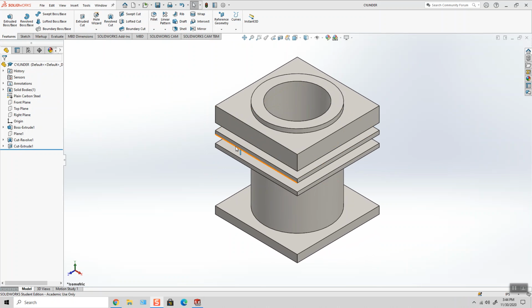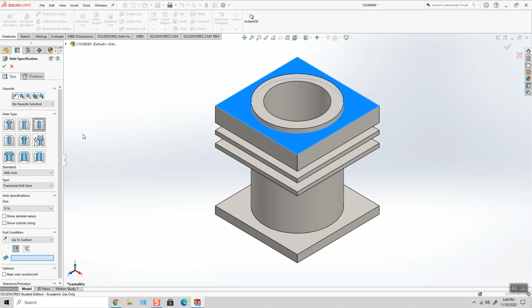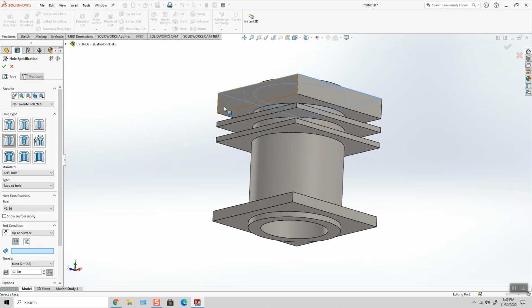Next, I'm going to add the 4 2-56 holes to this surface using Hole Wizard. So first step would be to pre-select the surface in advance, click Hole Wizard, and switch to a tapped hole, which is this button right here. Now make sure it says ANSI inch, tapped hole, 2-56, and I will leave it at up to surface